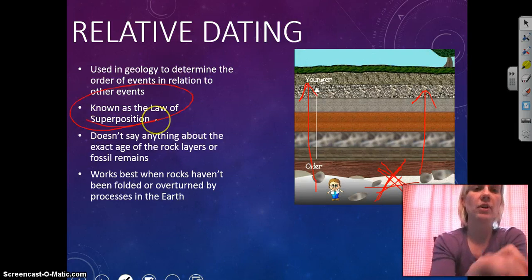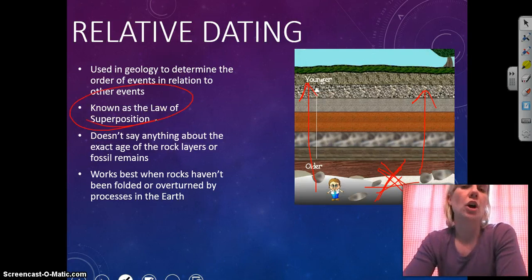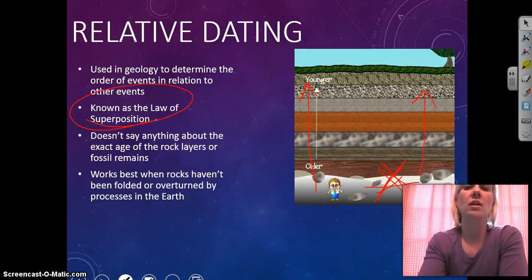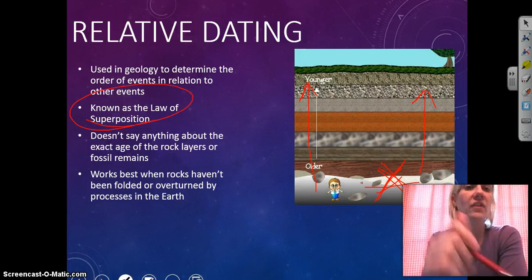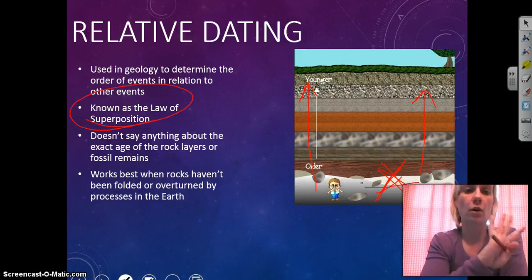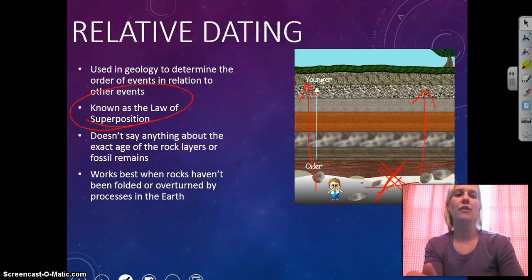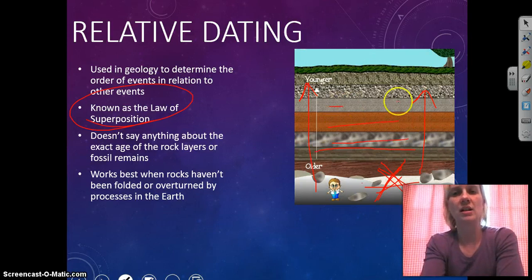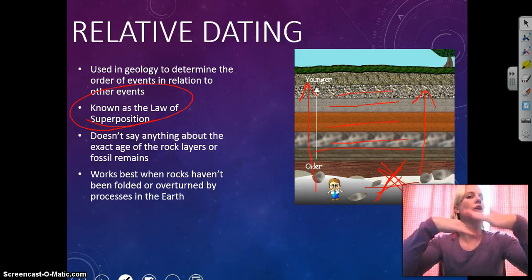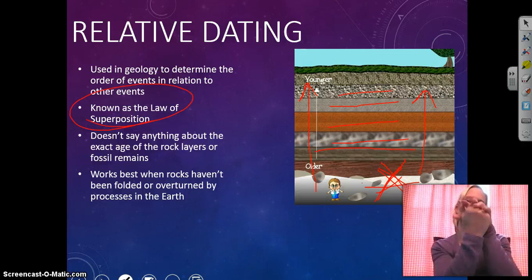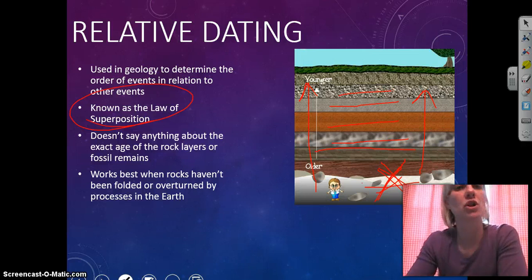This is also known as something called the law of superposition. So the law of superposition states that the rock on the bottom is the oldest and it gets progressively younger as we go to the top. It doesn't give us any exact years for a fossil or a rock. It doesn't tell us exact, but it does tell us in relation to other layers. And this works best if we haven't folded or overturned. So basically, this works best when we have nice, pretty little lines like this. These rocks are just very nice and linear. Sometimes in the earth, we get some bending and folding and stuff,